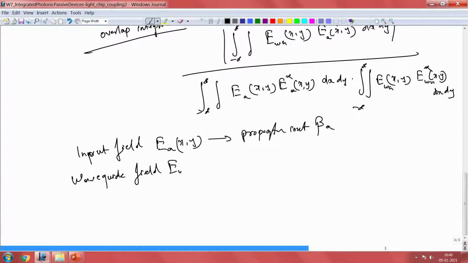So this will have propagation constant beta Wg, let us say. So now how to calculate the reflection now? So we know both the betas, right. If you want to calculate the reflection here, so the reflection coefficient is given as